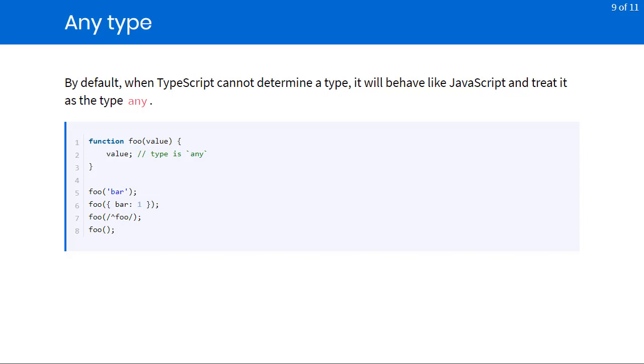Now this could be nice if you're converting a JavaScript project over to TypeScript, because you're not going to get 15,000 errors, but just keep in mind, you don't want to use this too often because as soon as you go to the any type, TypeScript's type system can't help you because it has no information and can provide you no help with what data types should be assigned there, and so it can't provide any typing assistance for you.